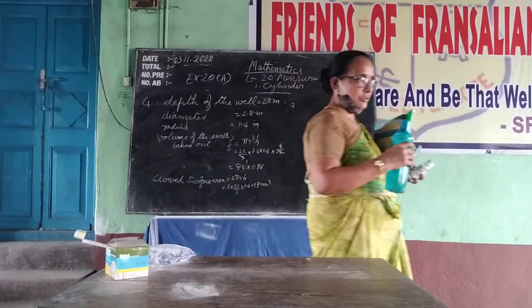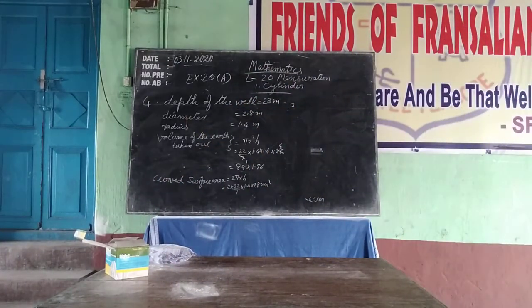You can complete it afterwards. Sums 5, 6, 7, 8, 9. Tomorrow, I think physics she will take. I'll ask her. One of the periods will be there. Tomorrow I will come. Today she will tell. I will inform you. Online class also she will inform you. Cannot be there because she did not